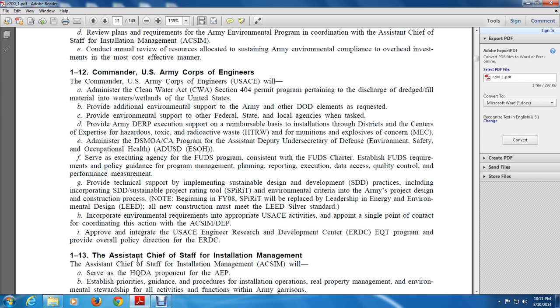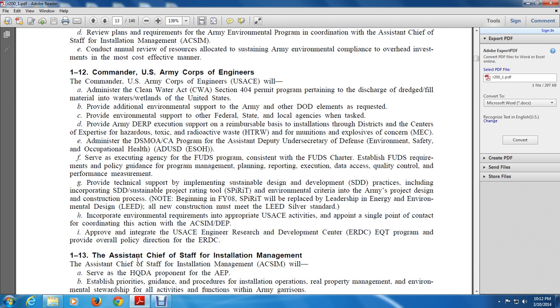Provide Army support for execution, reimbursement to installation, district centers of expertise for hazardous, toxic, and radioactive waste (HTRW), and munitions and explosives of concern (MEC). Administer the DSMOA-CA program of the Assistant Deputy Under Secretary of Defense for Environment, Safety, and Occupational Health (ADUSD ESOH) and serve as execution agent of the FUDS program, consistent with the FUDS charter and established FUDS requirements, policy, and guidance, including program management, planning, program execution, data access,